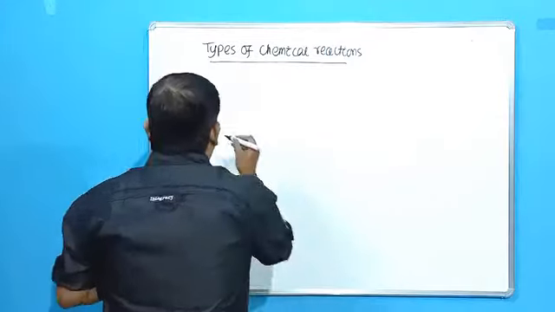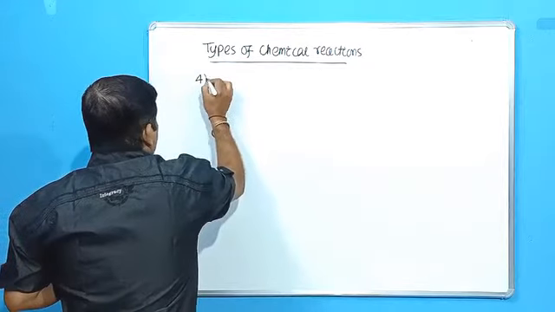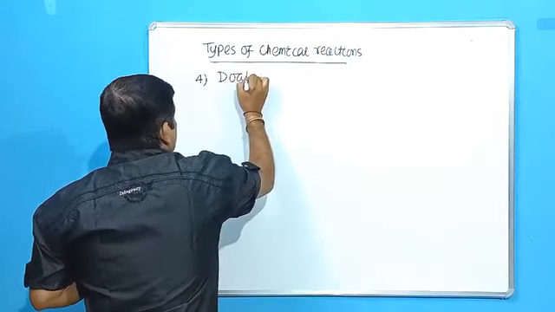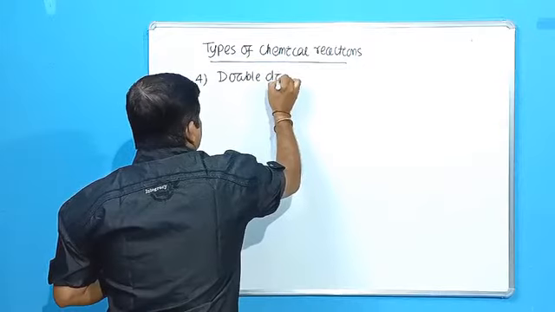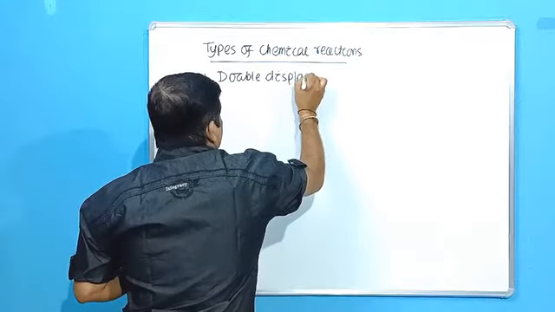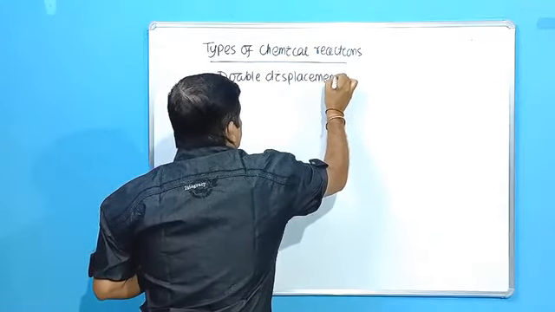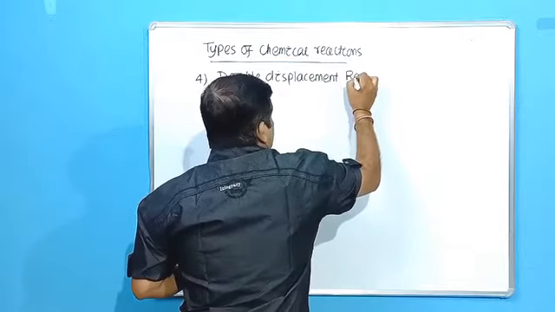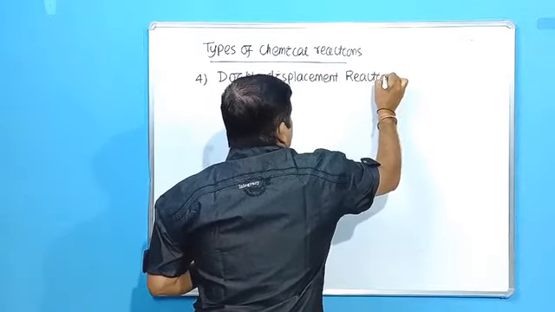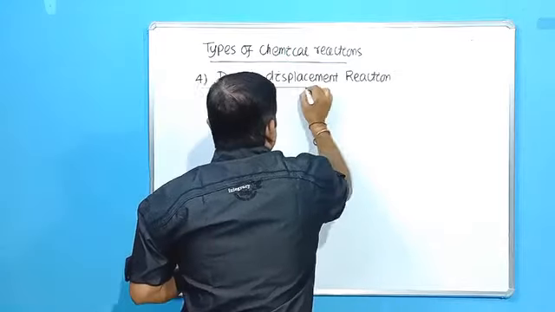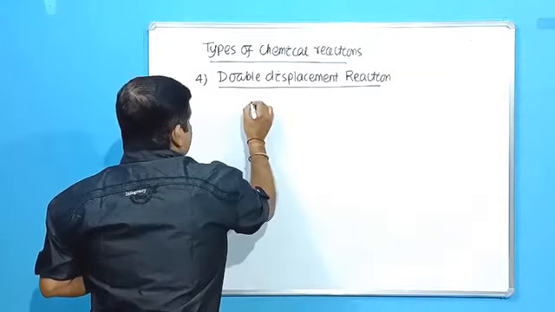The next, students, number 4 is double displacement reaction. So let us see what happens first, then we will define it. Suppose